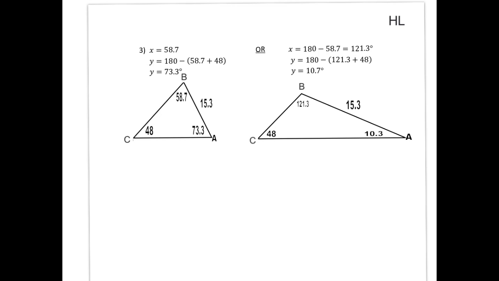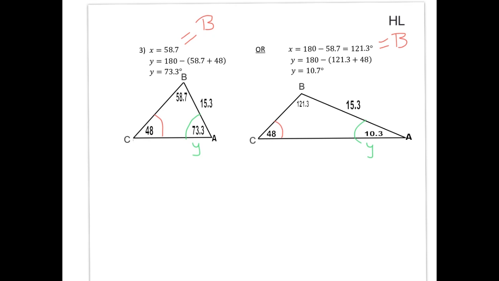So the last part of this question is going to be to work out our remaining angle, but since we have two different answers for the angle B, we're going to end up with two different angles for the angle at A. So you'll see here in the two diagrams below, our angle at C is 48 degrees and always is. However, here on the left, our angle B turned out to be 58.7 degrees, but in our other triangle it was 121.3 degrees. So, to get our other angle, our angle at A, which I've called Y,